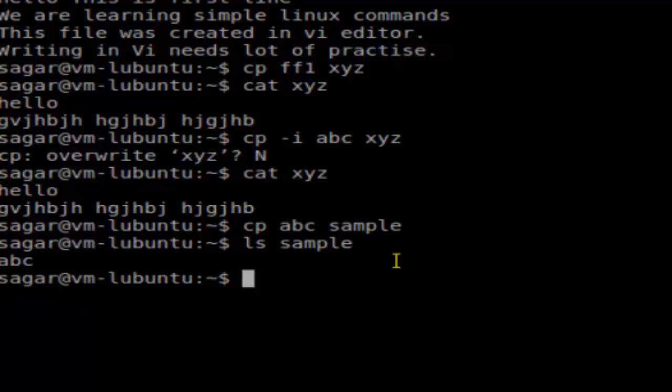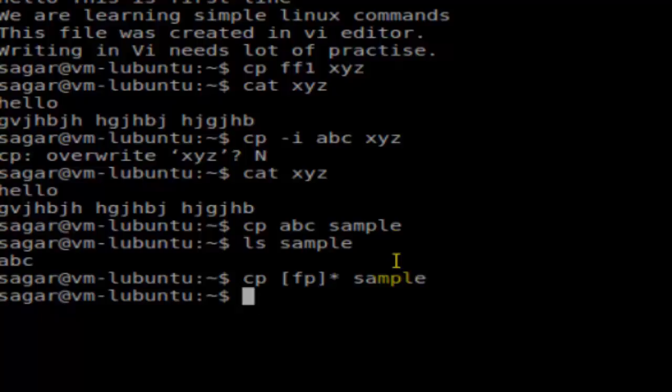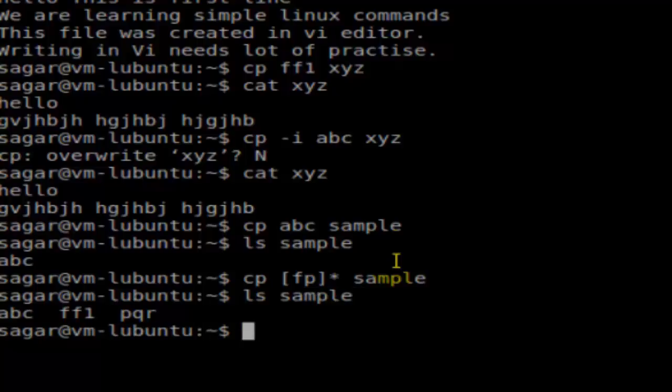Another important thing that I want to tell you is that if you want to copy multiple files at the same time, you can give a pattern as well. Instead of giving the file name, you can give the pattern. For example, if you want to copy the files which start with F or P, then you can do it like that, [FP]*. It means that all the files that start with F or P should be copied to the directory sample, and then if you hit enter, now if you see the sample directory contents, as you can see, the files ff1 and pqr are